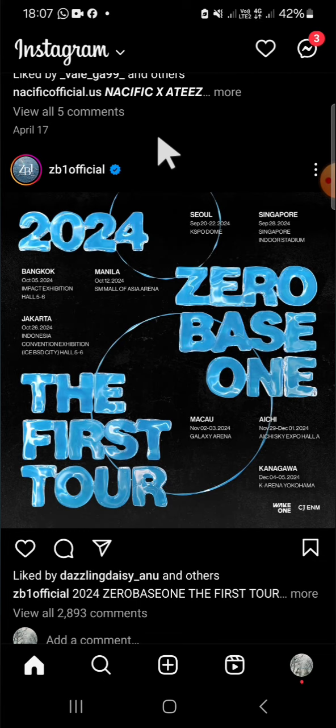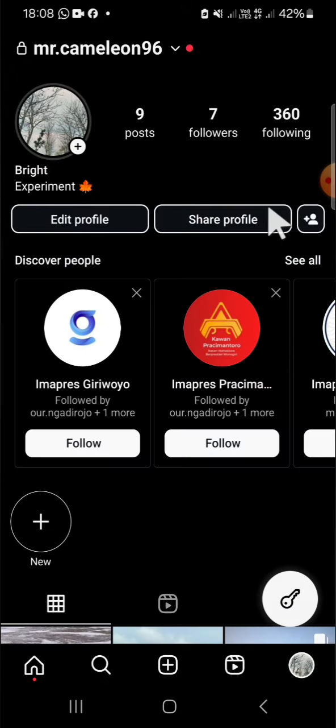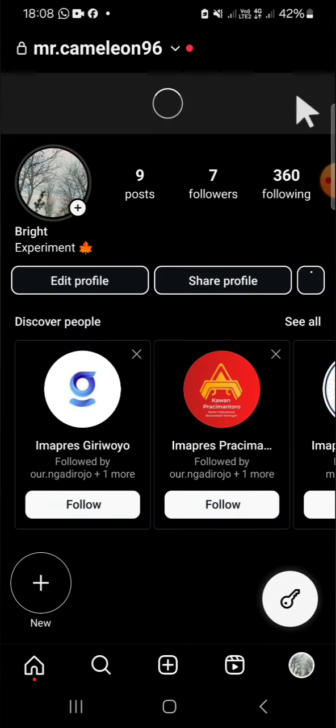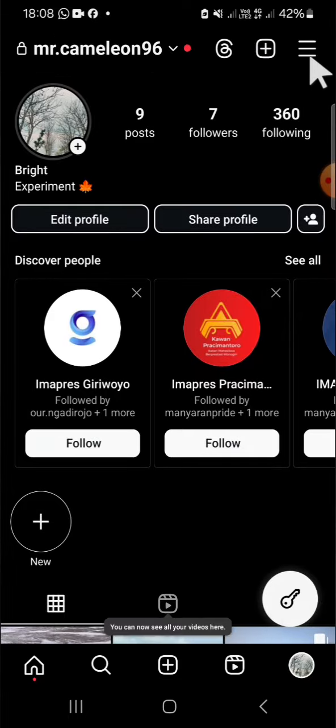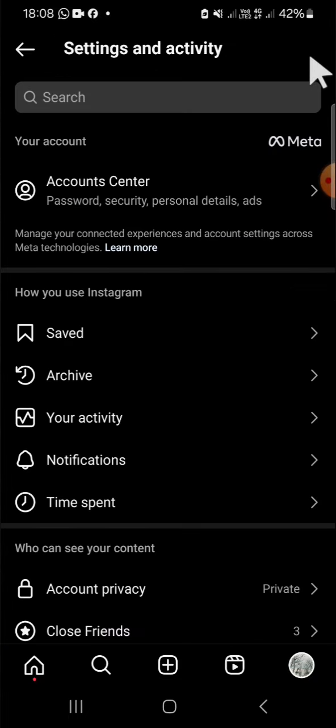Here I have opened my Instagram application, and first of all we have to go to our profile. Click on this profile button and you have to go to the Instagram settings. You can click on these three lines on the top right to open the settings and activity, and